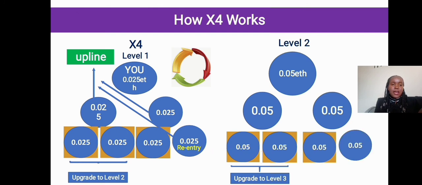The first earnings investment goes to the system. It can be taken by anyone in the X4 ecosystem. It is very possible to earn without referring anyone. So you earn 100%. The first two go to the system. In the second line, these three mini slots go directly to you 100%, and then the last one acts as a re-empty of this mini slot, so that you can continue earning more in this ecosystem.